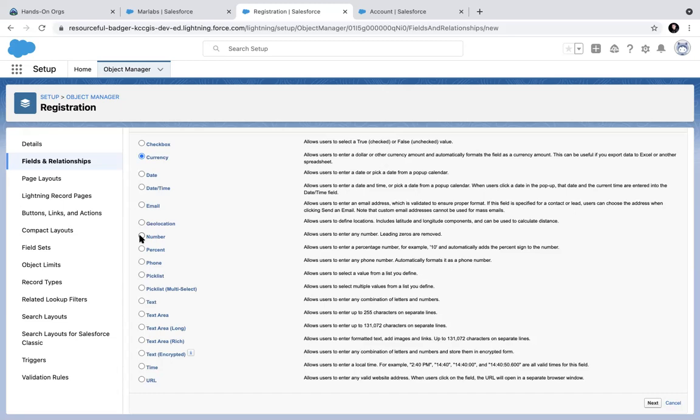If I have a number field, I have to give another field for them to choose the currency type. I have to tell them this number belongs to what kind of currency. Is it USD? Is it GBP? Is it INR? Is it Australian dollar? Is it Pakistani currency? Which type of currency is it? I have to tell the system, otherwise it makes no sense, right? The amount field is contextual.